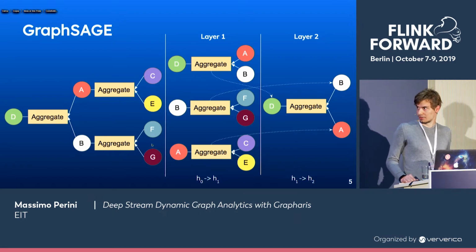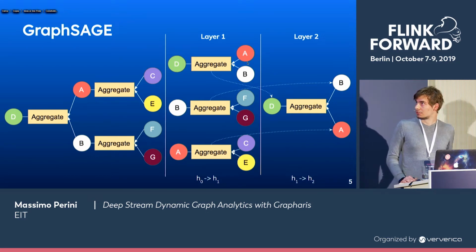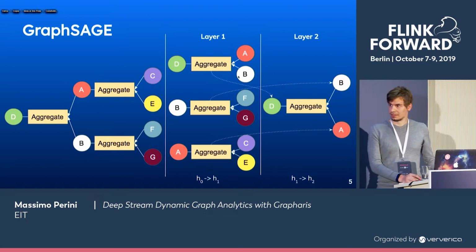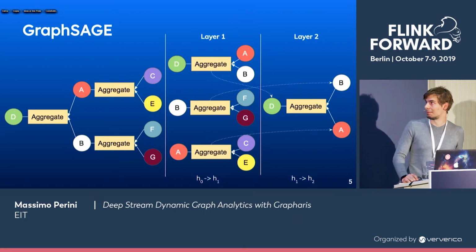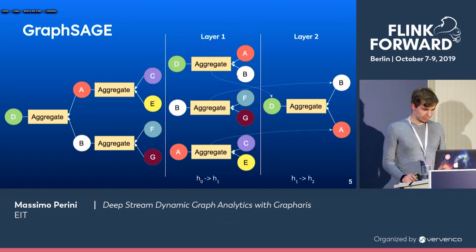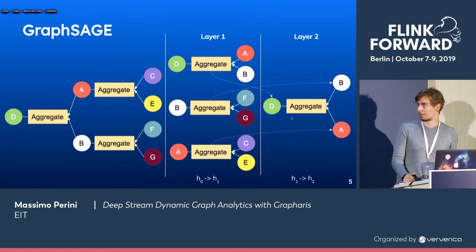GraphSAGE works by assuming that on vertices we have features, a vector of features, and the first layer basically computes the aggregation between those features. So we can run, for example, a multi-layer perceptron over vertex A and vertex B, and then we can aggregate the resulting vectors, for example, performing a max pooling or a mean pooling, so taking the element-wise maximum or element-wise mean of the values of the vectors. The first layer computes a vector out of every single subtree. And then the second layer performs exactly the same operation, but with other learned parameters.